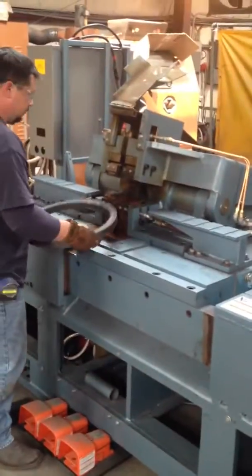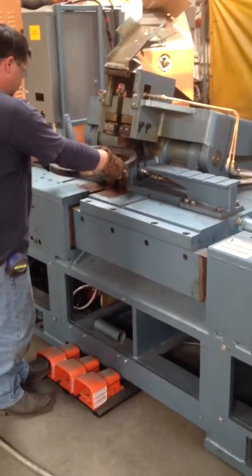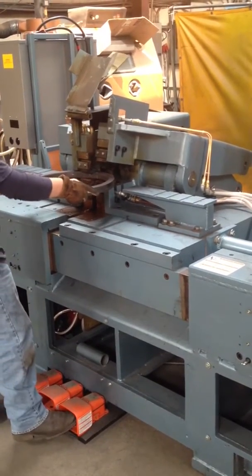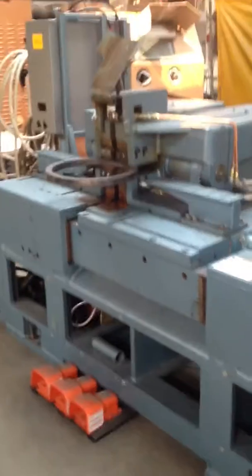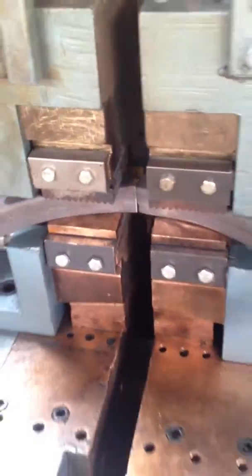So we'll go ahead and clamp up a bar. Clamped up, just so you can kind of picture. Clamped up, jaws in the middle, and